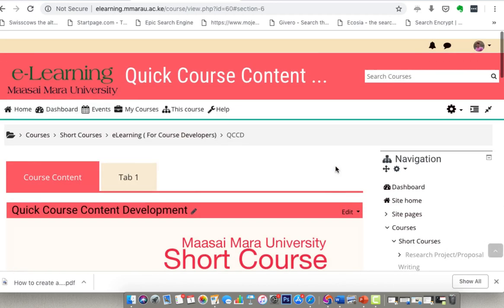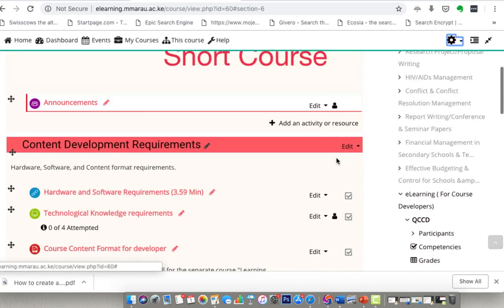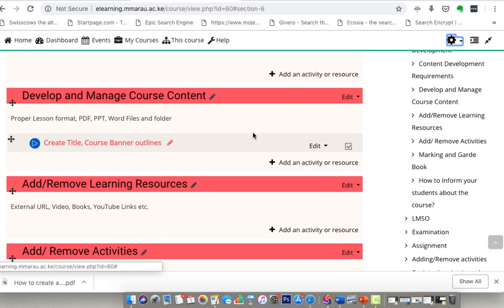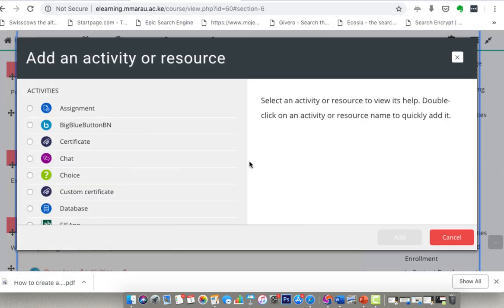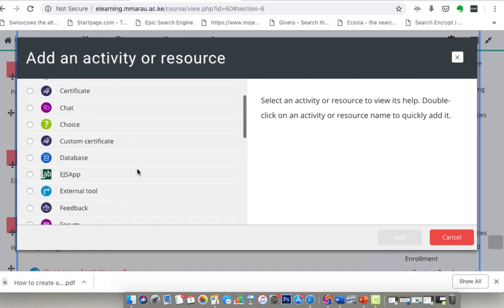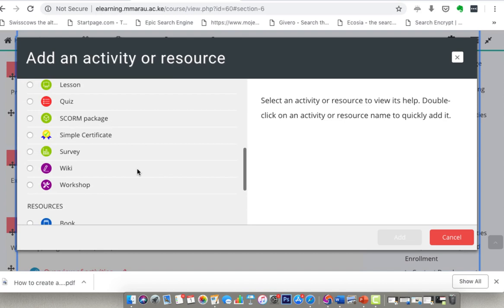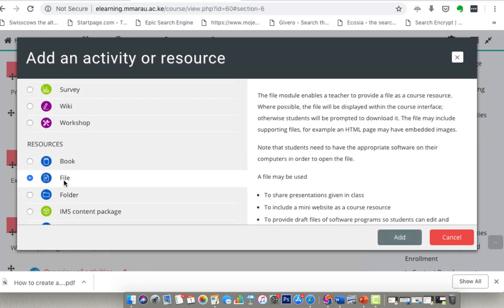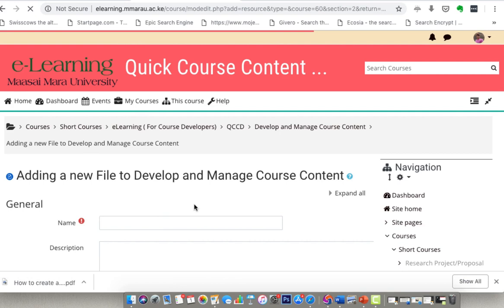After login, you make sure your turn editing on is on. Then you'll be able to see these things. So here we are going to create this tutorial. Click on activities. Here we have so many activities. Suppose you want to upload a file, so you click on file. File means you can upload any type of file: PPT, PDF, Word. You click add,